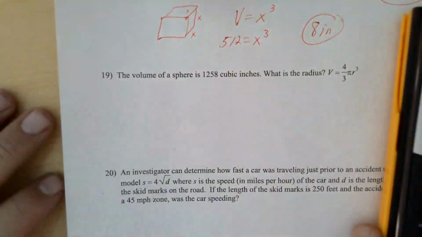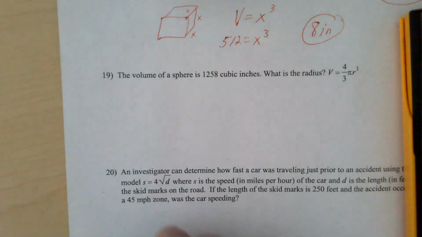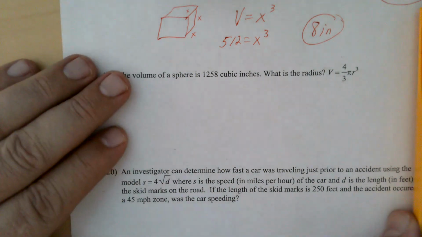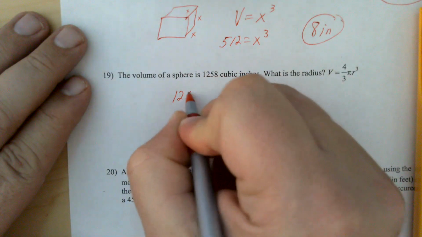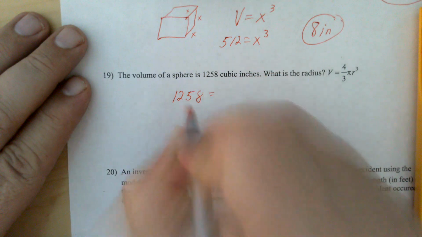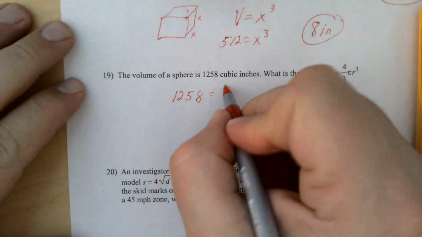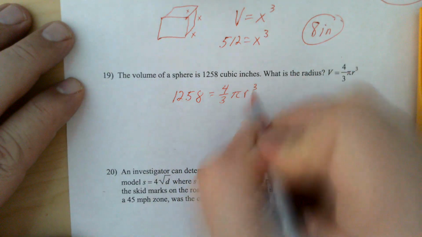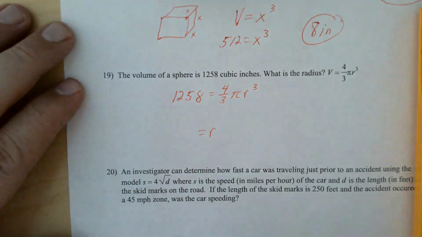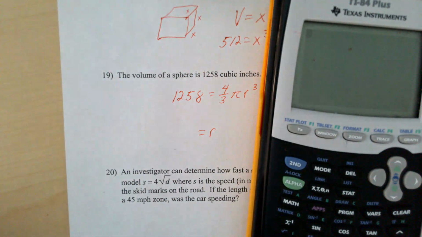You're going to see a volume of a sphere on your quiz, guaranteed. And all I'm concerned with is that you do the work on a calculator. The only thing I can change is this number. This could be some other number I randomly pick, and you will undo this formula so that we solve for R. So here are the steps. Whatever the volume is, type it into your calculator. So in this case,